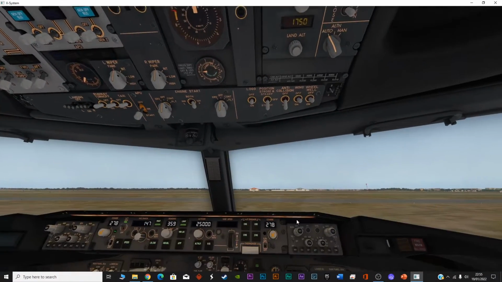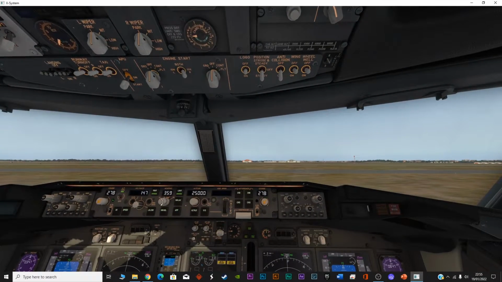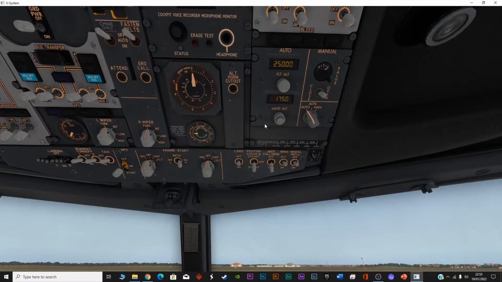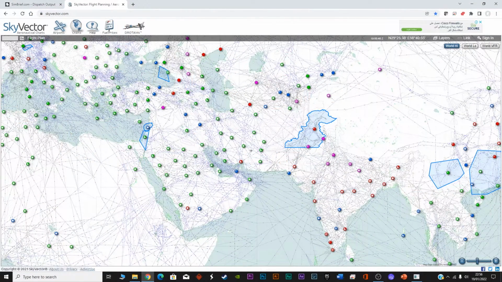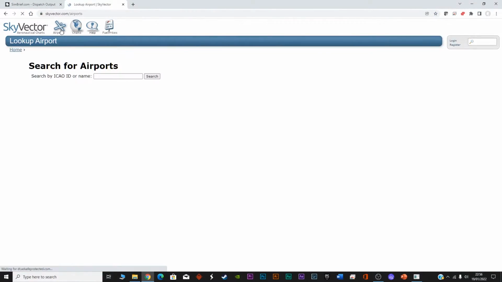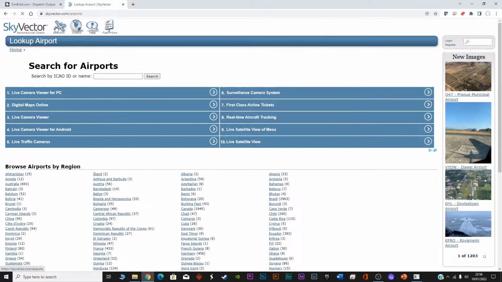Now coming back to the point that I've set the heading for the departure runway and the altitude for the arrival, how do I get this information? It's very simple. Go to this website, skyvector.com, and over here you will see airports. Just click this option of airports. It's free of cost. You don't have to pay anything for this information,